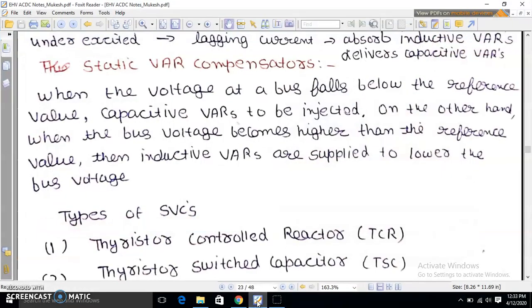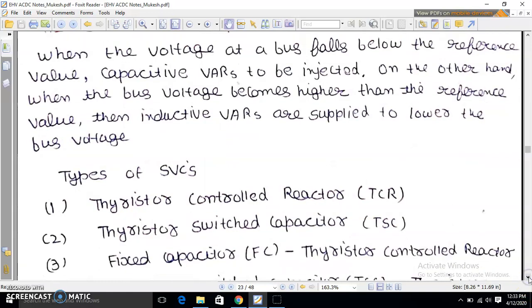In this lecture, we will discuss static var compensators. When the voltage at a bus falls below the reference value, capacitive vars are to be injected. On the other hand, when the bus voltage becomes higher than the reference value, then inductive vars are supplied to lower the bus voltages. The types of SVCs are thyristor controlled reactor, that is TCR, thyristor switched capacitor, that is